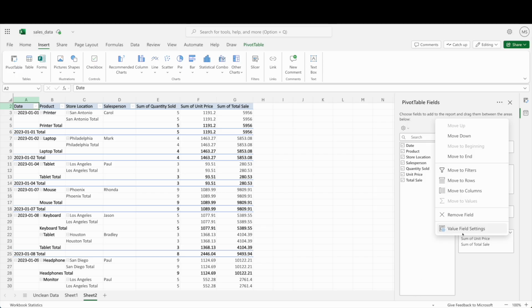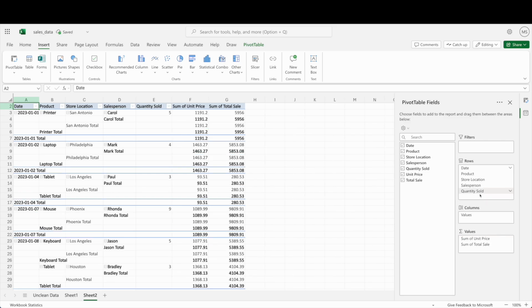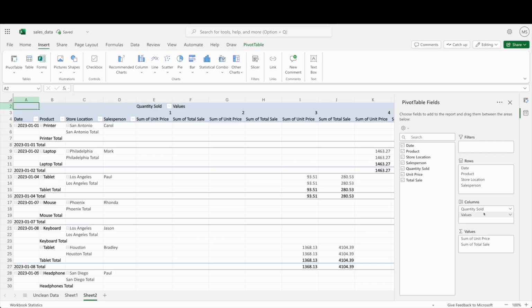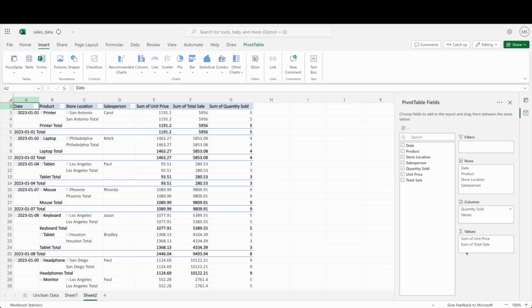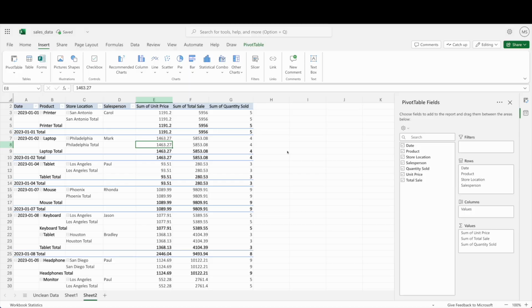I can change the value of the field settings. I can also move it around and change it somewhere else if I want to. Like if I want this as rows, I can just turn it here, which I probably wouldn't want to do. If I want to change it as columns, I can change this here. So you can change this whichever way you want to. So you have a couple of different ways to do it, but that's basically how you make a pivot table